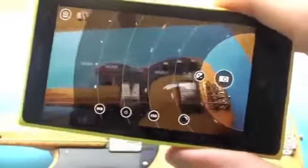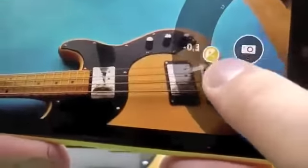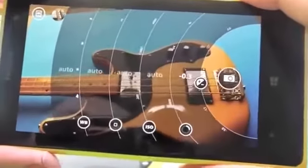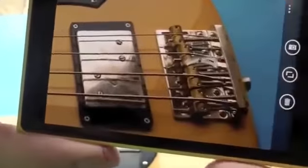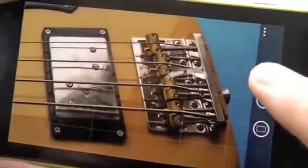Not many smartphones do actually have a shutter on them that's quite as good as the Lumia that we can just show you there, just on the back. Then on top of that as well, you've also got your exposure, which you can have a play around with. And yeah, absolutely, play around, try and tweak it and get the photo you want. I mean, I'm no camera expert, but if I just simply point at the top, using that button, take the photo. Now, with it being a 41 megapixel camera, you can really zoom in into the part that interests you the most. I quite like there, just a quick crop, and then you get a nice photo that you want